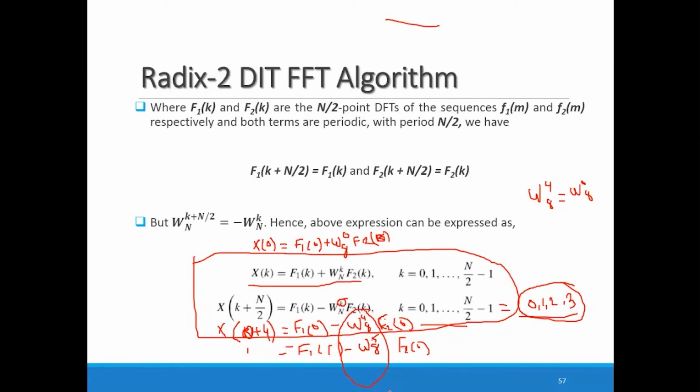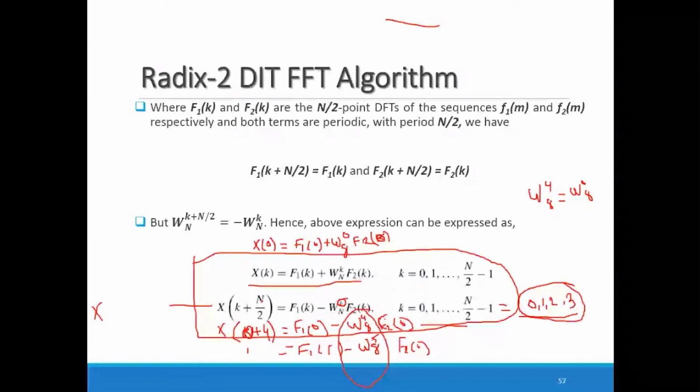Aditha, I think I solved your query. Still any confusion? Sir, I think her query is, in the second stage we are using omega 0, 8 and omega 2, 8. Okay, for 4 points also you can get, yeah, just a second. Let me come to that. Here k plus n by 2. Suppose you are at the second stage. So what happened? At that time in the second stage you are dividing into 4.